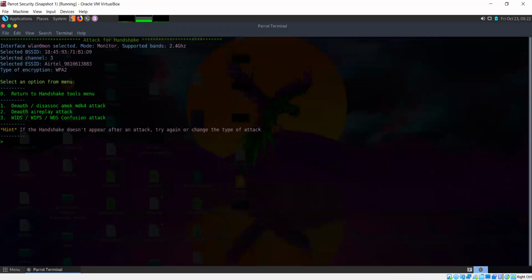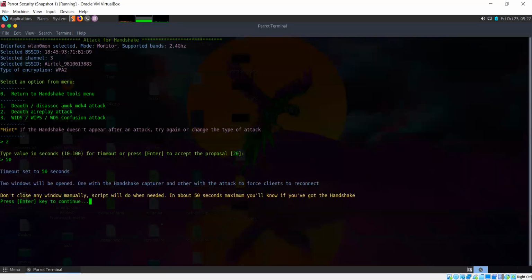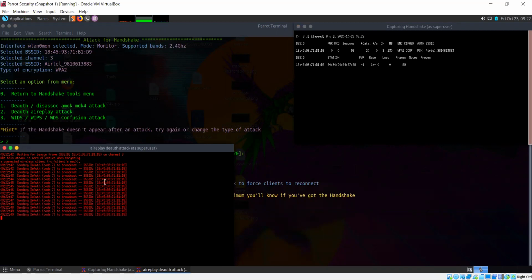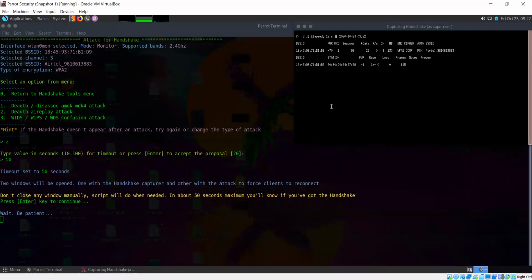For this, now it's telling us we will first need to do a denial of service. So I'm going to use this deauth aireplay attack. Aireplay-ng is a part of that set of tools I told you about in aircrack-ng. And deauth is simply that we are sending deauthentication frames, which disconnect a device from the access point. So we are broadcasting deauth frames. And deauth is not something that is created by an attacker or by a hacker. It's part of the 802.11 protocol specification itself. So we are just using that to our advantage.